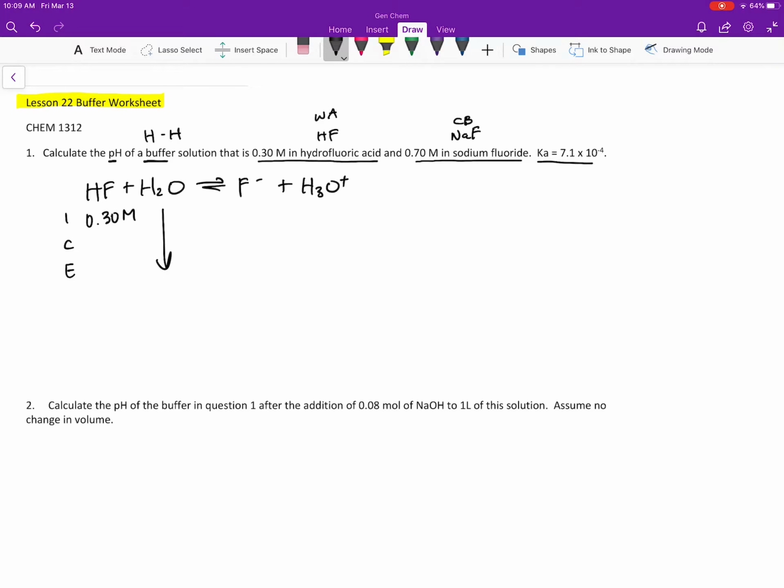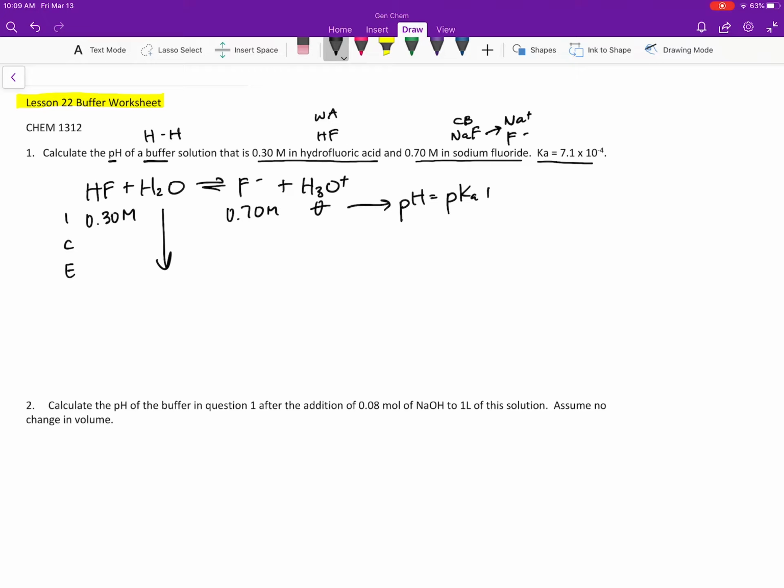Starting with 0.3 molar of hydrofluoric acid, all of my fluoride is going to come from my sodium fluoride, which is initially present, and I have none of this. This is really what my unknown is,